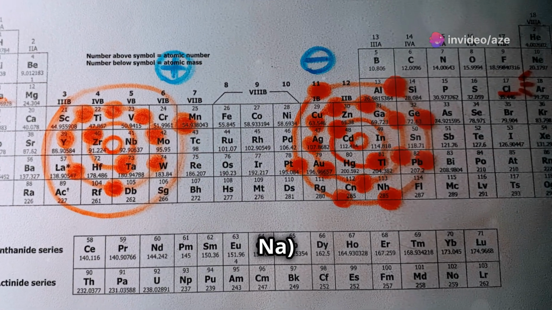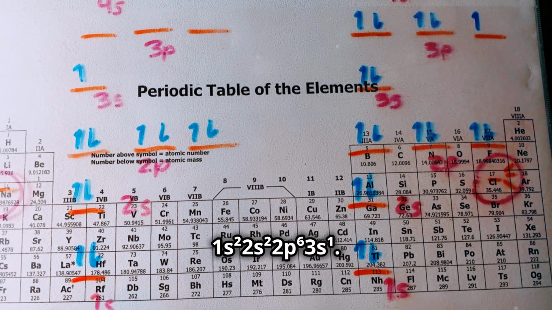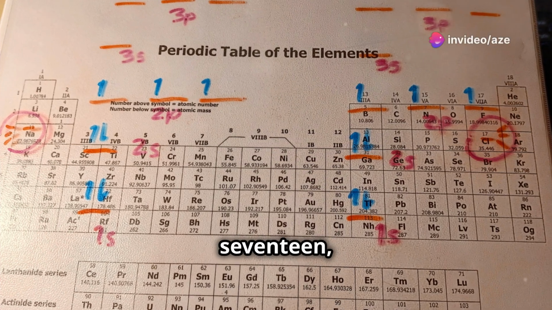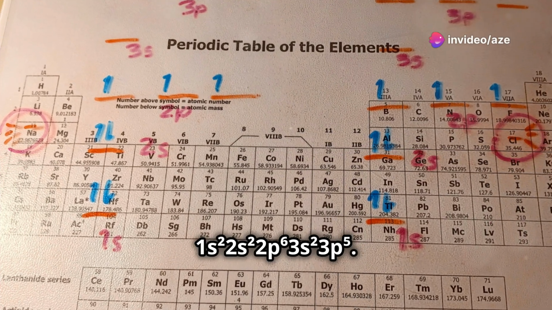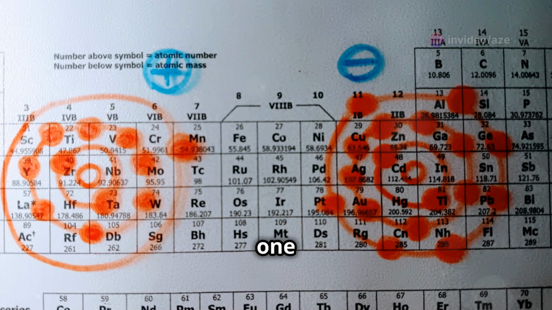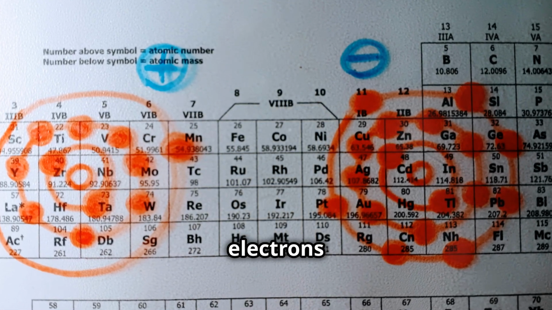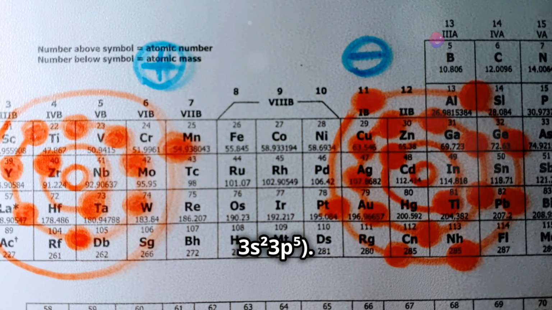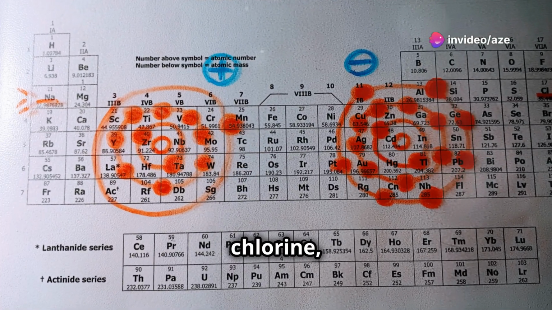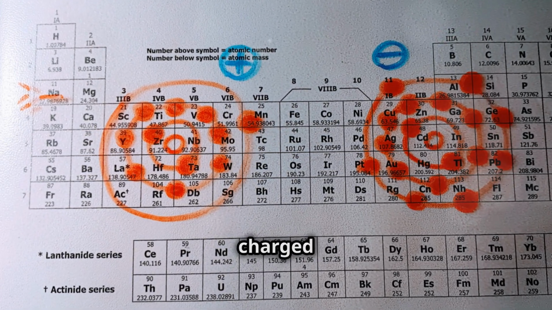Sodium, Na. Atomic number 11, electron configuration 1s2 2s2 2p6 3s1. Chlorine, Cl. Atomic number 17, electron configuration 1s2 2s2 2p6 3s2 3p5. Notice that sodium has 1 electron in its outermost shell, 3s1, while chlorine has 7 electrons in its outermost shell, 3s2 3p5. Sodium readily donates its valence electron to chlorine, forming positively charged sodium ions, Na+, and negatively charged chloride